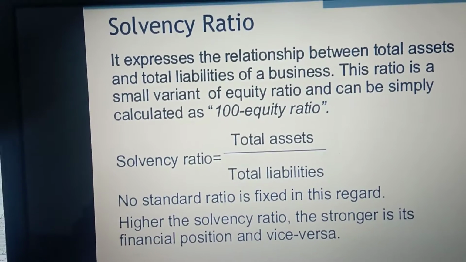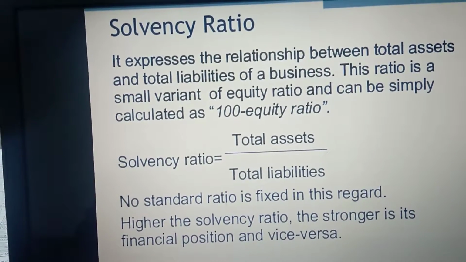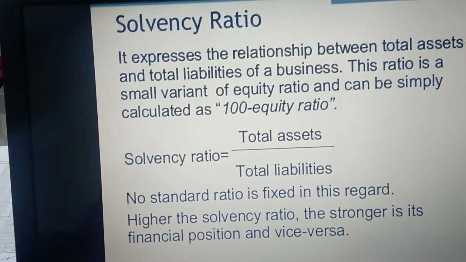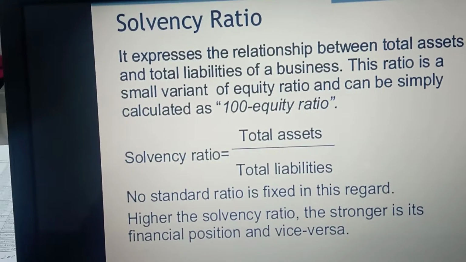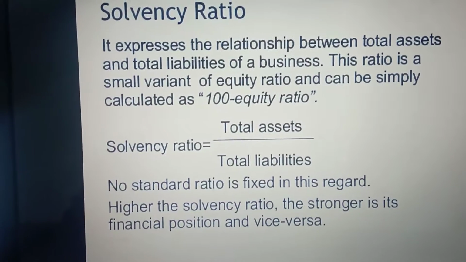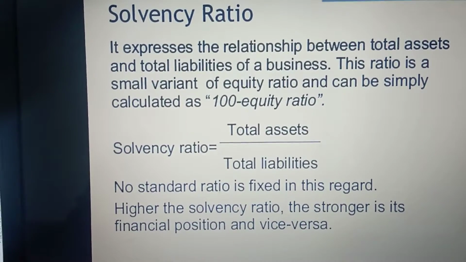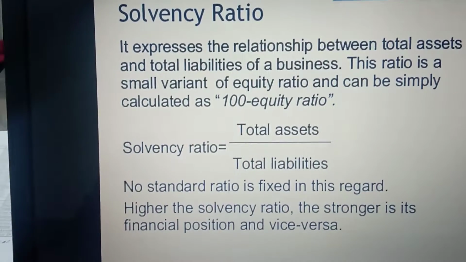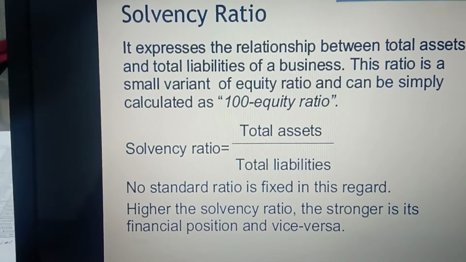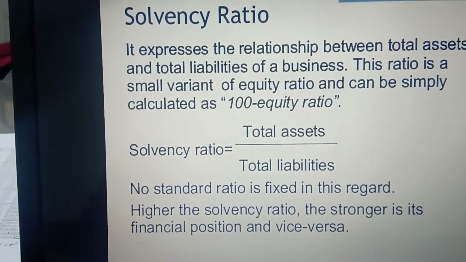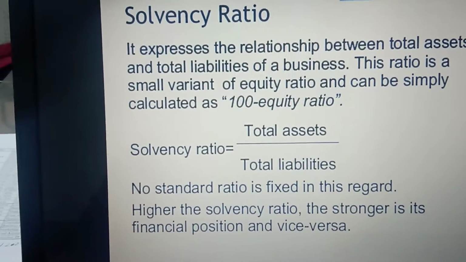Short-term solvency examines the ability of a concern to meet its current obligations as and when they become due, and for this purpose liquidity ratios are used. On the other hand, long-term solvency is tested on the basis of the ability of a concern to pay its long-term liabilities at due time. The ratios used for this purpose are called ratios of financial position or stability ratios.